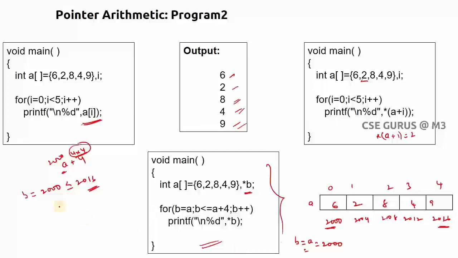What is pointer b? What is b value? 2000. What is inside 2000? Yes, it will print 6. Next b plus plus. So if b is 2000, what is b plus plus? What is the next b value? Is it 2001? No, it will be the next position, next allocation. What is the next allocation? 2004. And I explained how it will take 2004, which is base address plus size of the data type and index. So like this we need to consider. So 2004. 2004 is less than 2016. Yes.